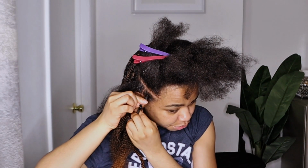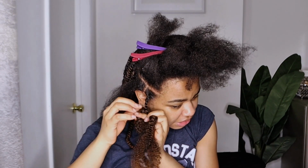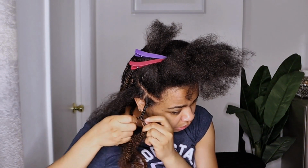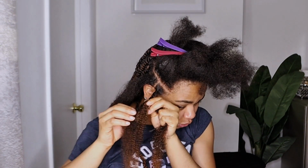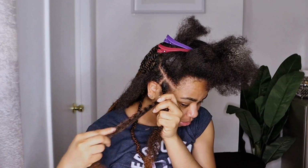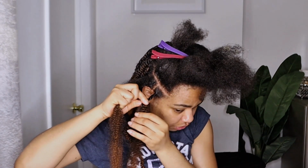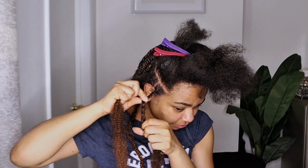And you guys can see the root of my hair is very, very loose. It's not tight at all, okay. So I'm not putting any tension on my hair at all. So I'm going to start twisting. I like to hide my natural hair inside the twisting hair, okay, because I don't want my natural hair sticking out from the twist. And I'm going to also do this side,